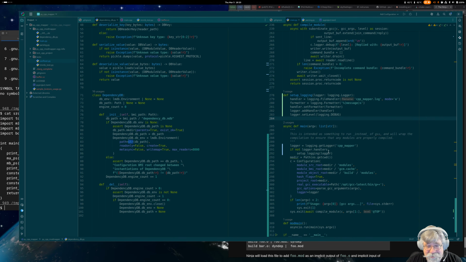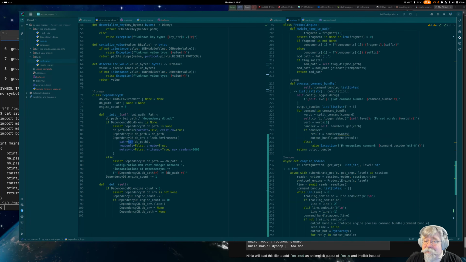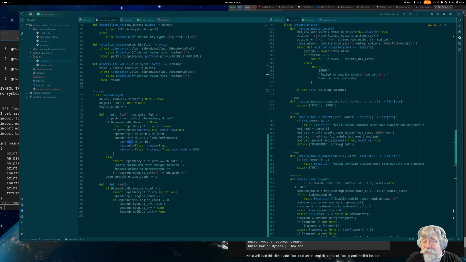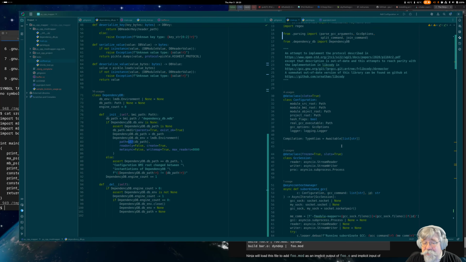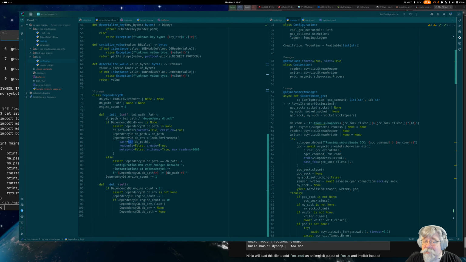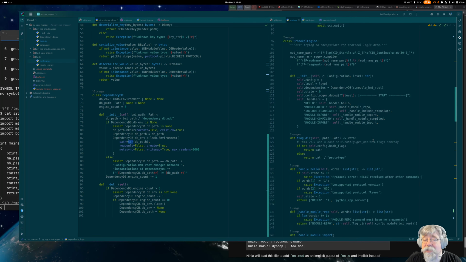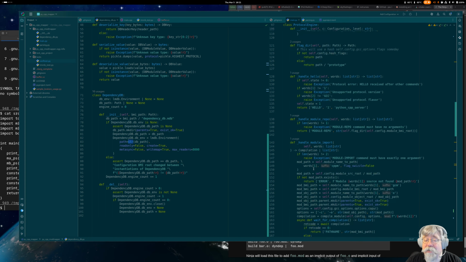Mostly what I've done so far is set it up so that the logger outputs to a saner place. I also think I'm going to change the name of the thing as reported to GCC, because it's a little confusing the way it is right now. And so ID, no, this is the reply to the include the module repo. No, the hello. My hello reply. So hello. Yeah, we're not going to call ourselves that anymore. We're going to be the